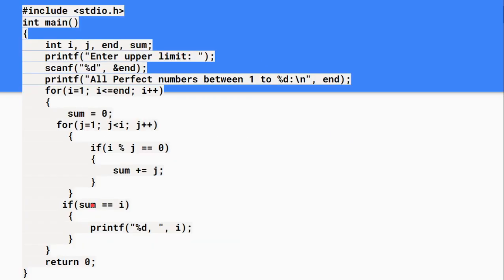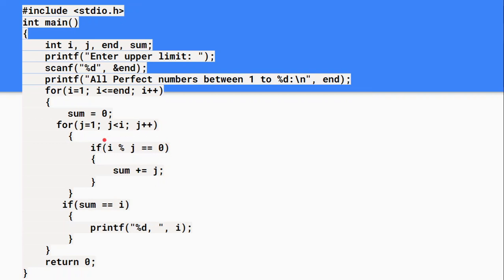First of all, we should know the concept of how to find a divisor. Then what is a divisor? A proper divisor is one which leaves the remainder 0. This is the logic: i modulo j. If you take a number and divide by j, and the remainder is 0, then j is taken to be a proper divisor.